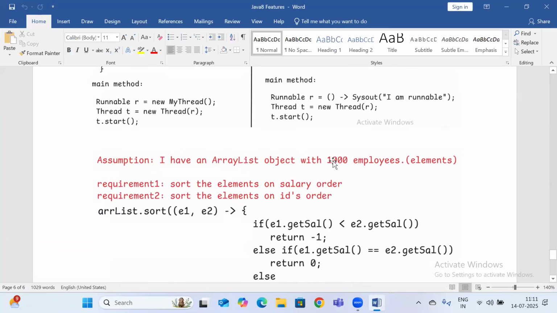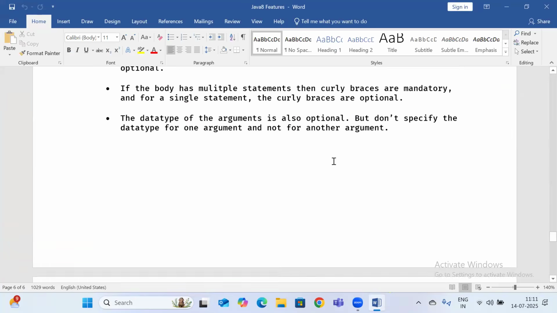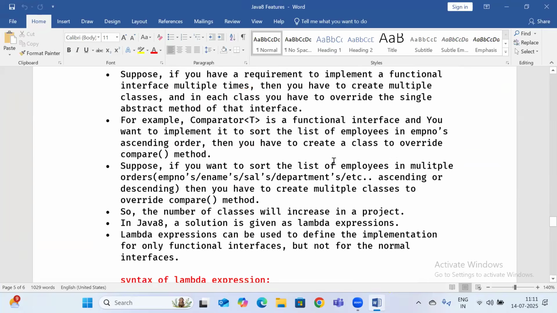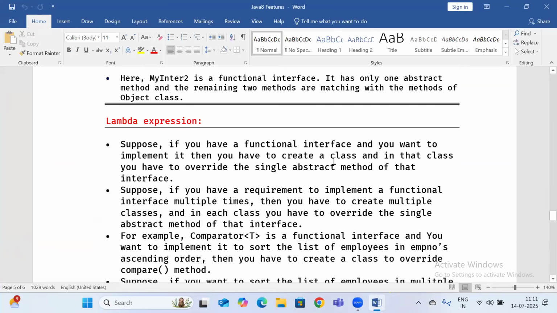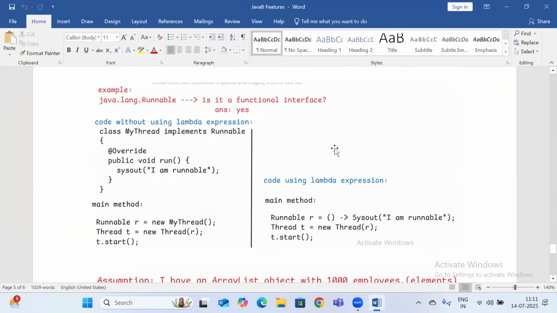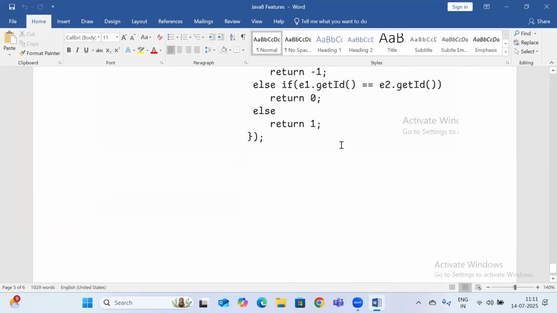Okay. So these are all the things I told in the last session regarding lambda expression. Okay. So coming to today's session, guys, what we will do today,